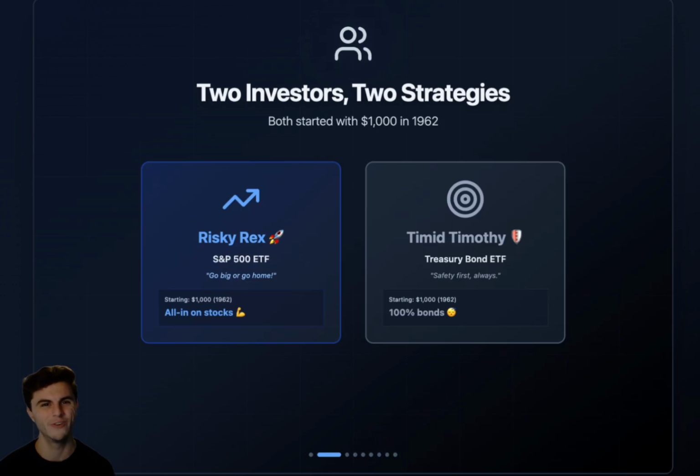Let's compare two investors, Risky Rex and Timid Timothy. Rex and Timothy both started with $1,000 in 1962. Risky Rex bought an S&P 500 ETF. That's an exchange-traded fund, which is just a basket of stocks you can buy with a single click. And he reinvested all of his dividends. Timid Timothy, on the other hand, played it safe and just bought a treasury bond ETF, also reinvesting all of